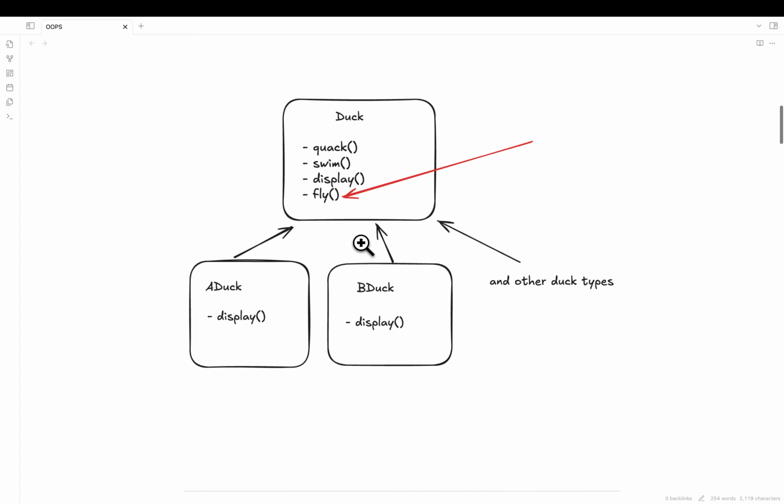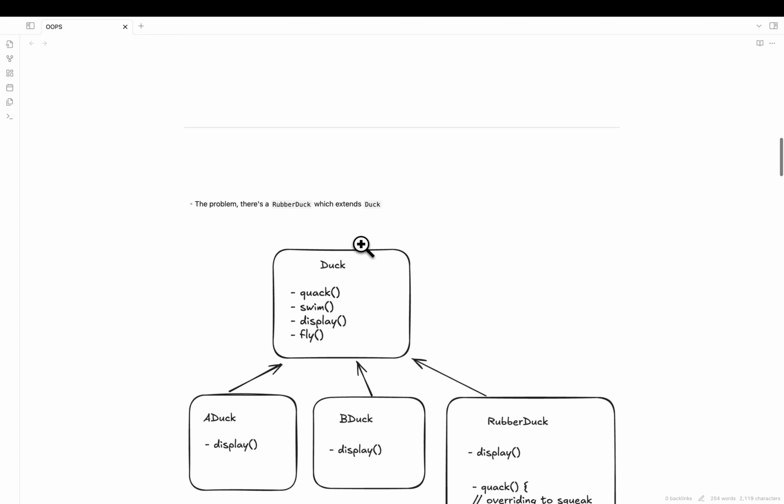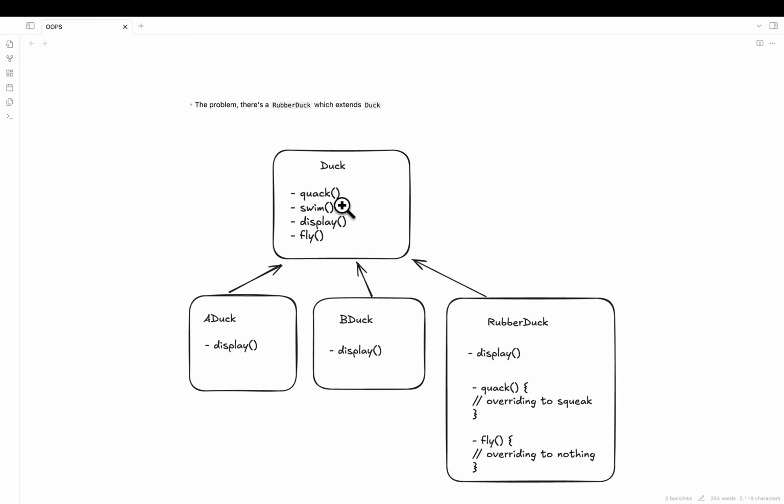But when the problem scales, what is the next problem that we face? Let's say that instead of normal ducks, there's now a rubber duck that extends this duck. First of all, it won't be quacking, it will be squeaking, so we'll have to override the method to squeak.